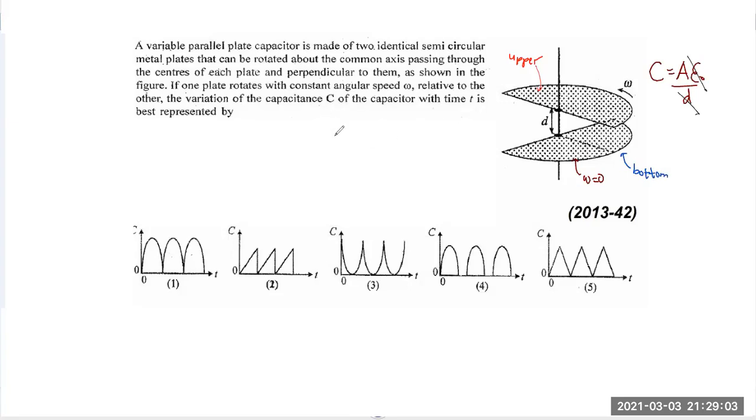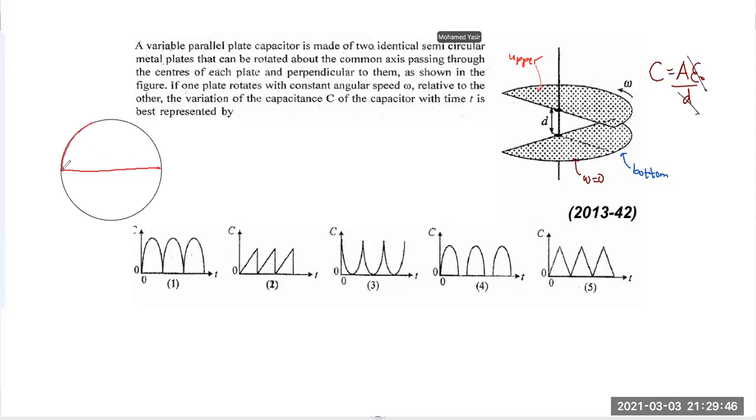Fine. Now, first of all, consider a situation like this. Now you look at the plates from top. You can think of a situation like this, where the upper plate is completely out of the inner plate. That means they are going to look like this. When you see from top, the red color plate is going to be like this.